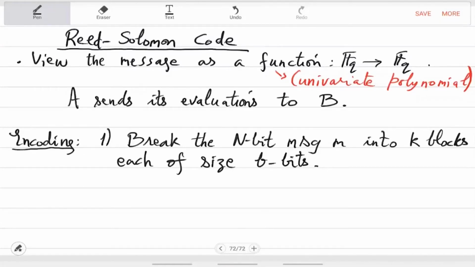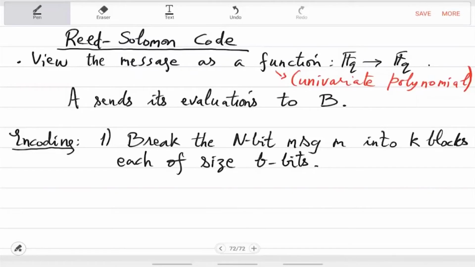So how will you view these b bits algebraically? Q is to the power b, and we are getting it from 2 raised to b. So 2 raised to b is the field you pick. You pick the Galois field of size 2 raised to b, which is equivalent to basically picking a degree b irreducible polynomial, right? So that will give you a finite field. So you think of these blocks as finite field elements in GF 2 raised to b,